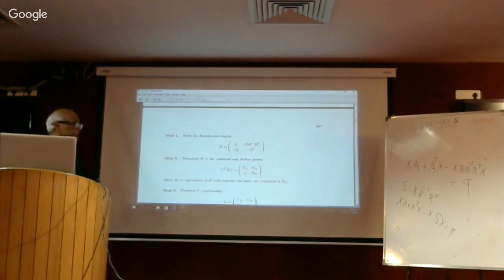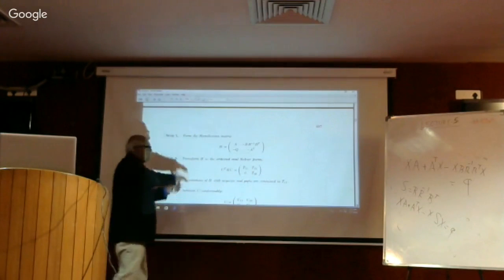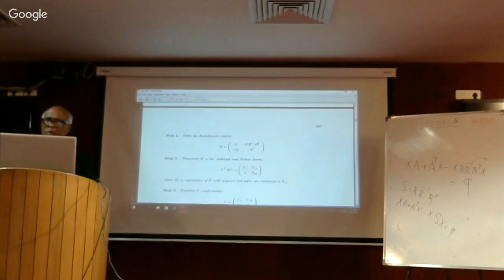The ordered real Schur form can be written in this form, where the diagonal block T11 will contain the eigenvalues with negative real parts only, and T22 will contain the eigenvalues with positive real parts. The assumptions that we made guarantee that there will be no imaginary eigenvalues. So once you have this,